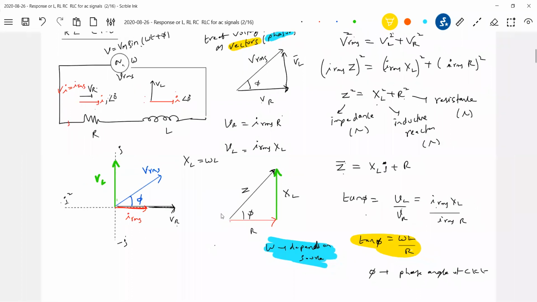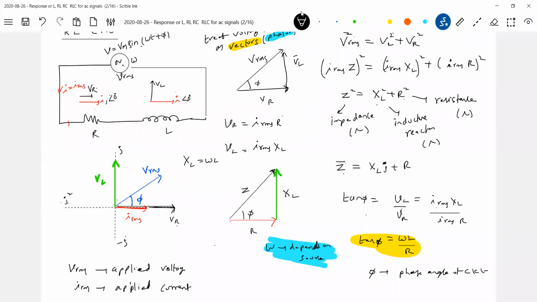Look at the applied voltage. What is the applied voltage? VRMS. What is the applied current? IRMS. So VRMS is called the applied voltage, and IRMS I'll call the applied current. So now what am I making? I'm making the current lag the voltage, because compared to VRMS, you can say the voltage leads the current. I'm going to take the voltage as reference. Then the current is lagging here.